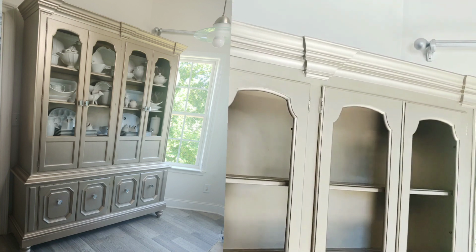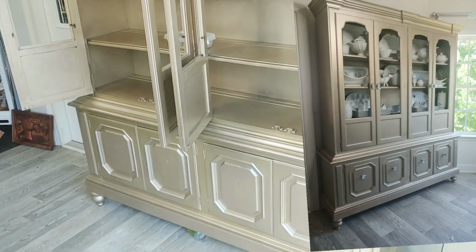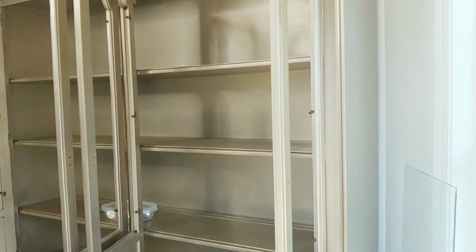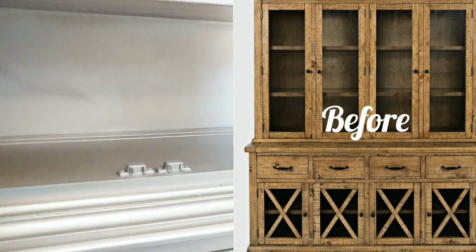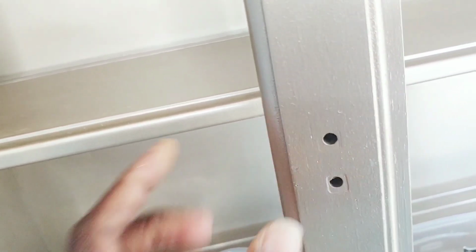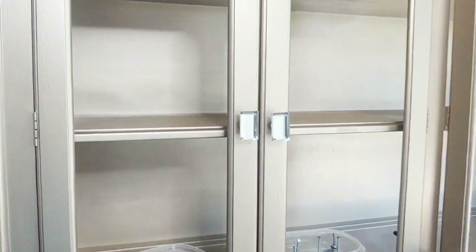Today I am showing you my china cabinet that I painted, and that's the look of it now, but before it was done in a cherry wood type finish. And what I did was I painted it in champagne gold. That's what it looks like before. Painted it in champagne gold, and I added some mirror knobs to the piece. The hardware that was on it was in a bronze, so I wanted to zhuzh it up and make it